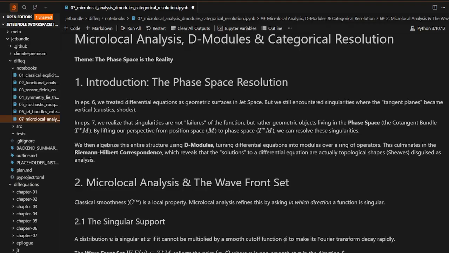Okay, and in the last episode we lived on jet bundles, right? And these are partial differential equations that are manifolds and solutions as integral surfaces. It's a beautiful picture. But then we get singularities. So remember, going back to solving differential equations in tensor fields, we get these kind of weird caustics and shocks that make tangent planes themselves in the jet space vertical. Okay? So the function itself will break, sorry, the function breaks,